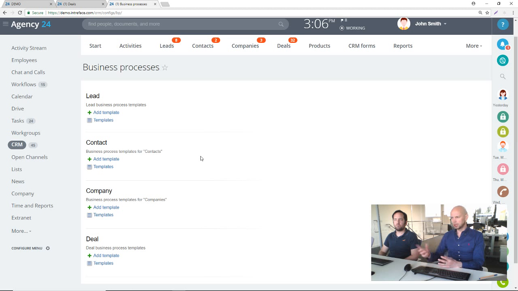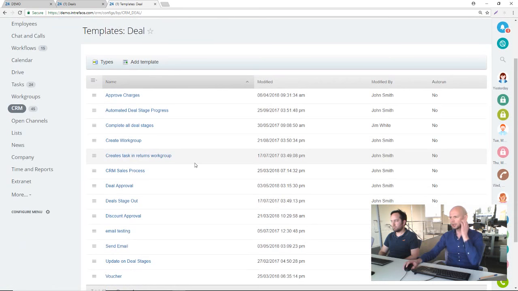Automation gives you, I'll show you in a second, a visual tool to allow you to create different actions at different stages of a deal. So you could do this in automation, or you could do it in the business processes section. I think probably the business processes section has a little bit more functionality, but it's probably a little bit more